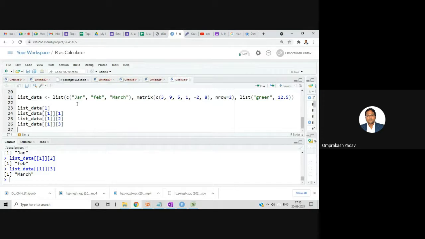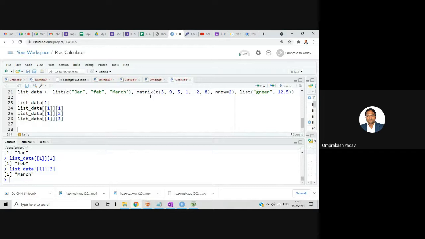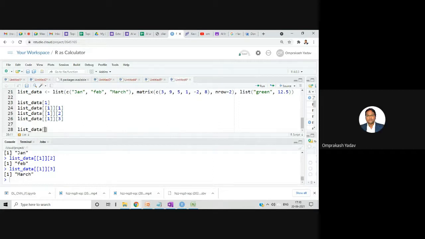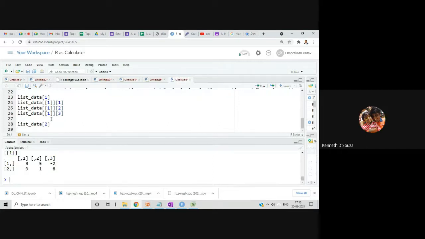Now let's go to the second one, that is our matrix. So this one, this is at which position? This is at the second position. So we can say list 2. Okay, so it's displaying me the whole matrix. Now suppose we want to access one element from that. Let's say suppose I want to access this 3. This is at which position? This is 1, 1 position, right? First row, first column. The coordinates of this one is what? 1, 1. So I can access in this way.